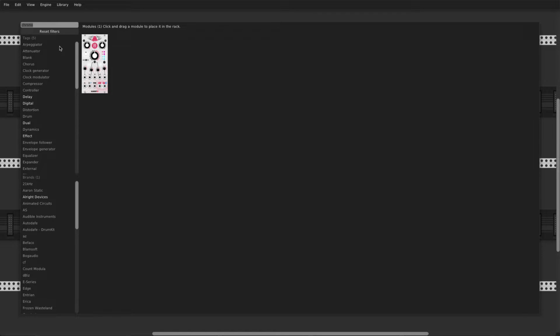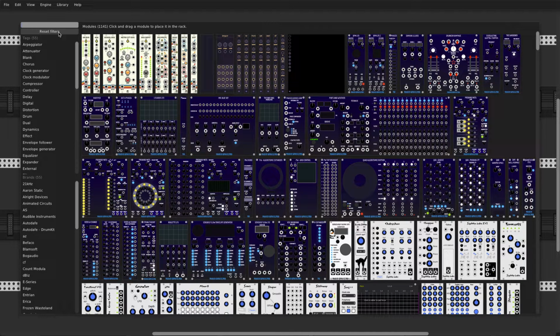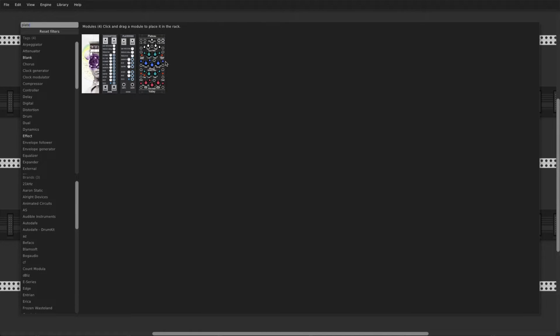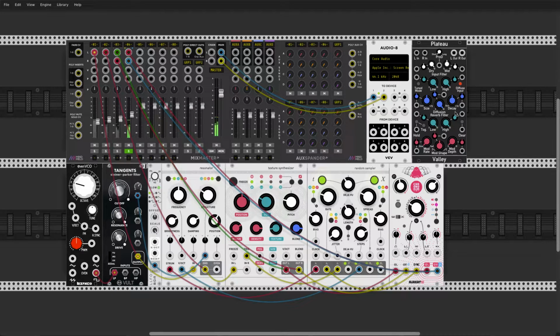And for that, and that's my ninth module in the list of favorites, but it's not in order. And this would be probably one of my number 1 favorite modules, and it's Plateau from Valley, which is an amazing reverb module. It has so much CV control over all the parameters, and this has this incredible diffusion filter, and then modulation of the reverberated sound. And well, let's use this as a send effect, because I don't even know what to plug into this, so we're just going to